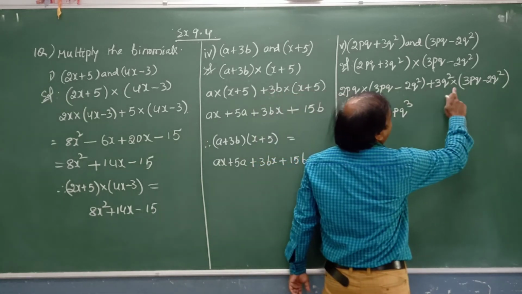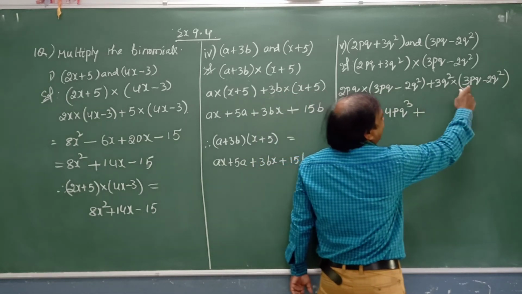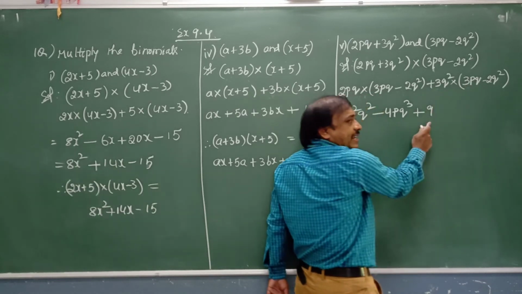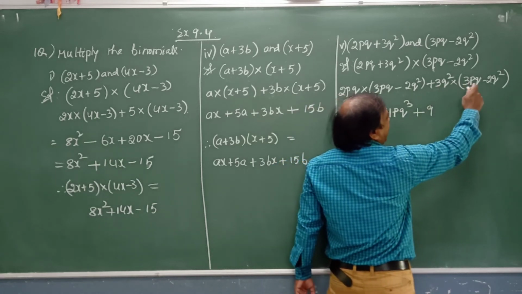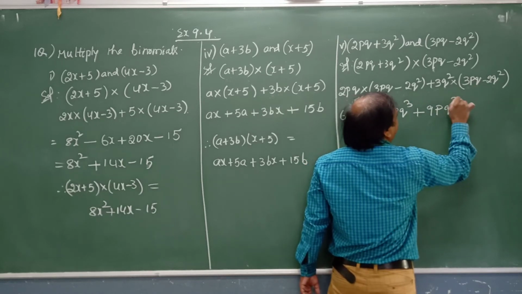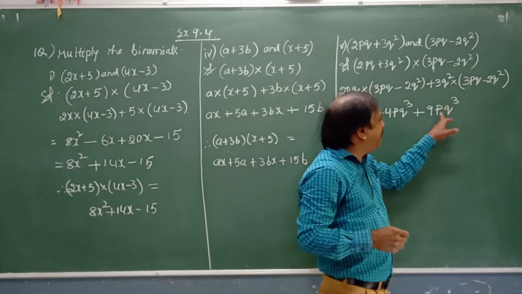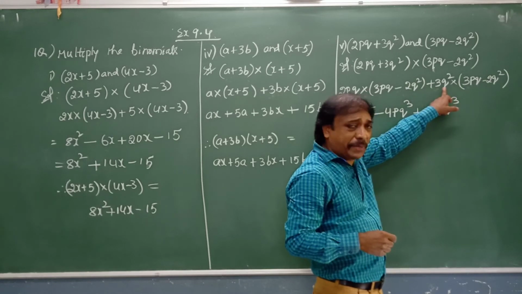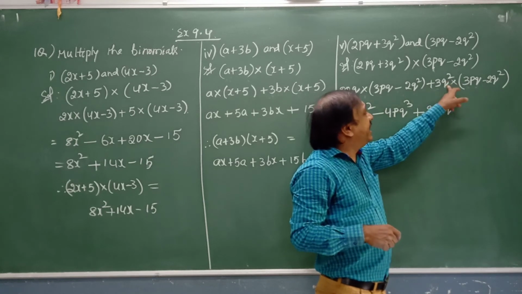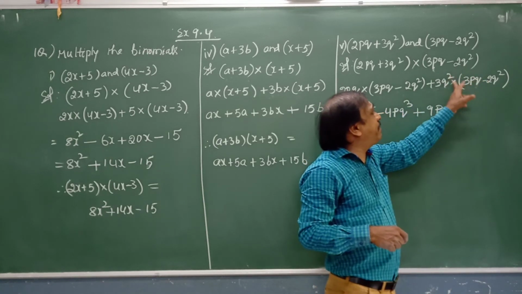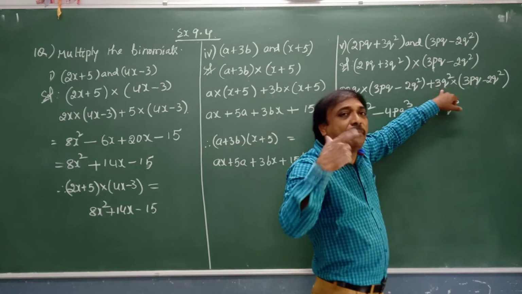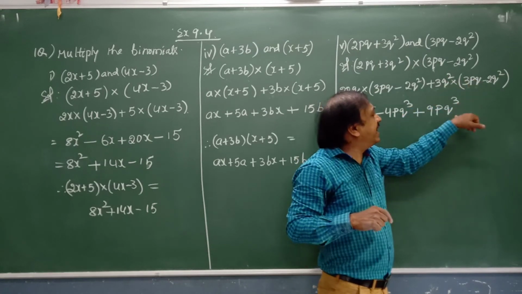Now plus into plus. Plus 3 3s are 9. Q square p q. First we write p, then q square into q, q to the power 3. Observe it. First I wrote the variable p because we don't have p over here. Then q square into q, q to the power 3. Here power 2 and here power 1. A power m into a power n, a power m plus n. So 2 plus 1 is 3.